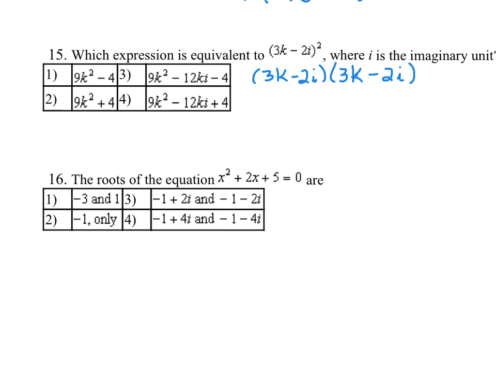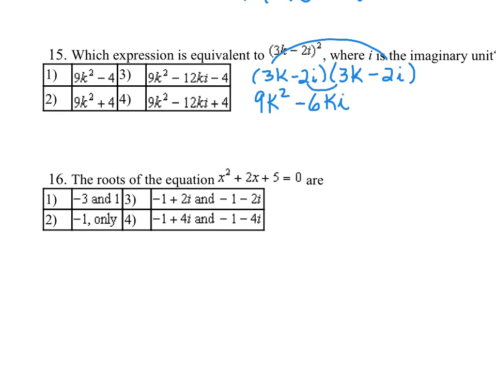So what you want to do here for 15 is you can see that you have a binomial, and that binomial is squared. So remember, when we square something, that means we can take that binomial and we can write it twice. So I'm just going to double distribute. So 3k times 3k is 9k squared. Then I'm going to have 3k times negative 2i, which would be negative 6ki,